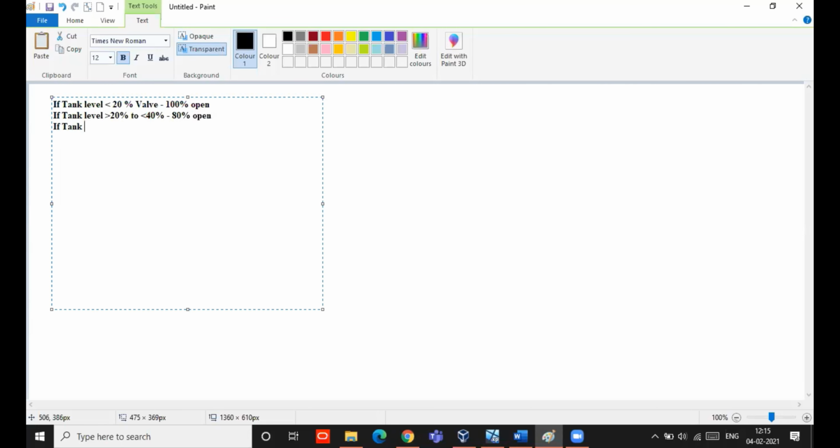If tank level is greater than 40% to less than 60%, like that I am mentioning. So here I need 50% open. Valve should be 50% open.